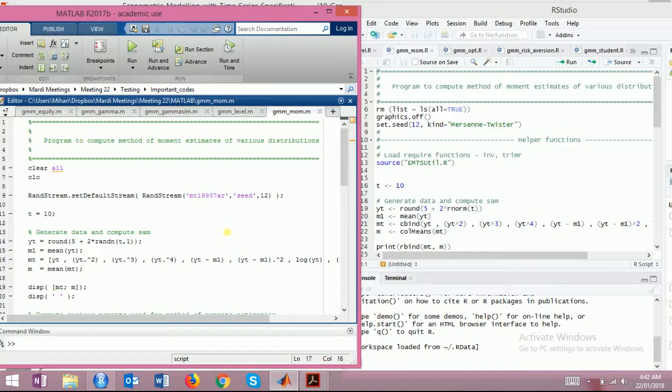rm(list = ls()), graphics.off(). Then we know in MATLAB the simulation is initiated with RandStream.setGlobalStream(RandStream('mt19937ar', 'Seed', 12345)). It is easier in R, which is set.seed(12345), with kind Mersenne-Twister. Then the helper function, that is